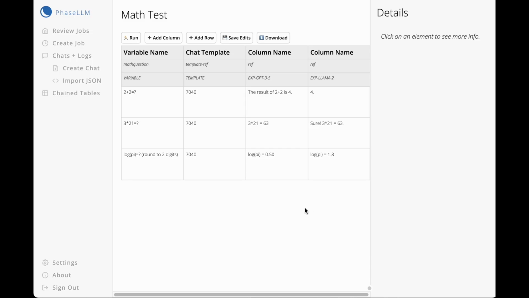So there you go. That's a very, very simple example of a chained table. You can also download this into Excel if you'd like, and obviously keep iterating if need be. But I wanted to give you a very brief introduction of how you can run your own LLM tests,